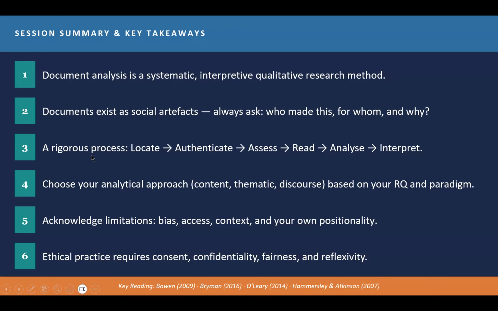So it's a rigorous process, which consists of locating the document, authenticating the document, and then we need to assess how it is related to my research. We need to read, then skim, scan, analyze, and interpret the text. And then we can choose our analytical approach when we are analyzing data, whether we go with content analysis, thematic analysis, or discourse analysis, right? And it is usually decided by our research questions and theoretical framework of our research